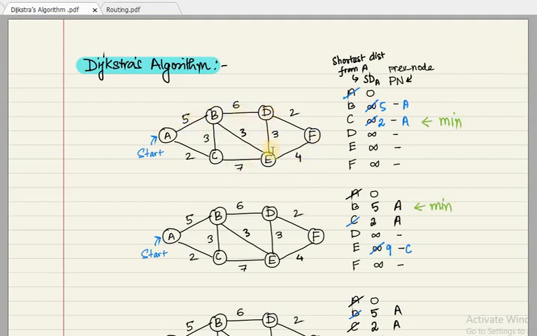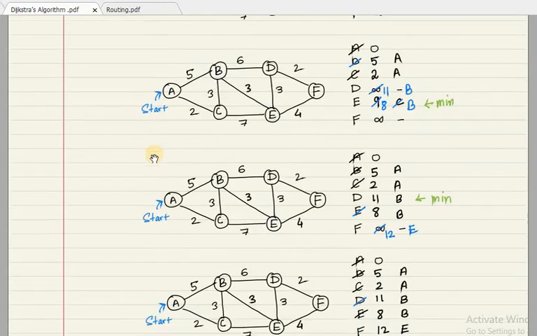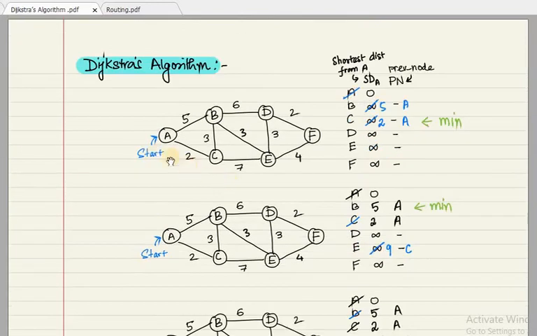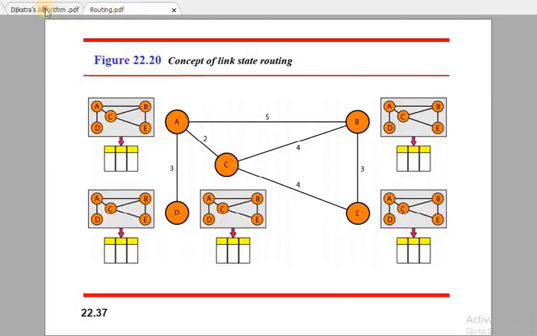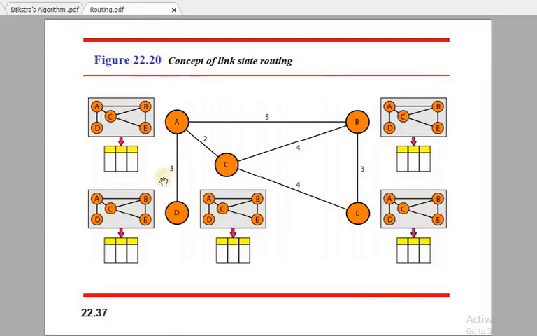So now how do we start? Suppose in this problem where we want to find the solution, A is the starting node. Okay, so A is the starting node. As you can see in the example, I have always tried to keep this so that you remember that we want to find the routing table for A. I just want to make sure that this is not this particular topology. Here we have a different topology, a different example. So don't try to compare it with this diagram.